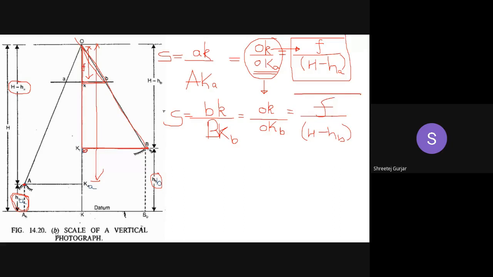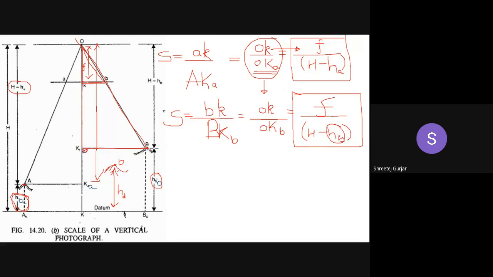So you can see here, whatever the height is, you have to substitute it here. If you are at any intermediate height also, just measure the height of that particular ground from the datum and substitute here: HA, HB, HC, HD, whatever height you are at. Suppose you are at this height and you know it. Let us name this point D, so it will be HD. This HD will come over here instead of HB.